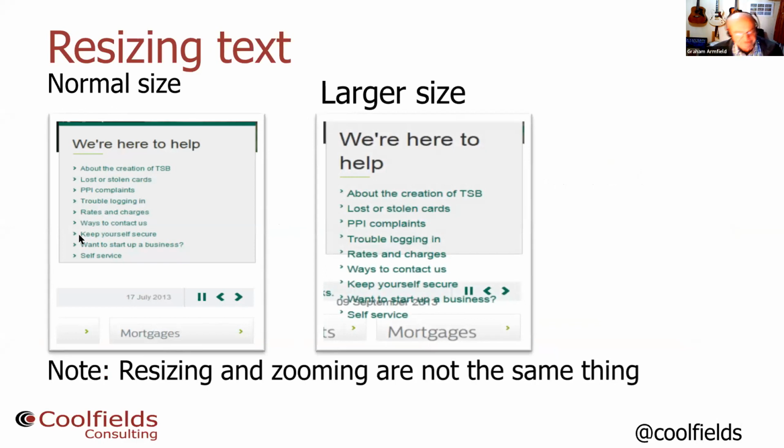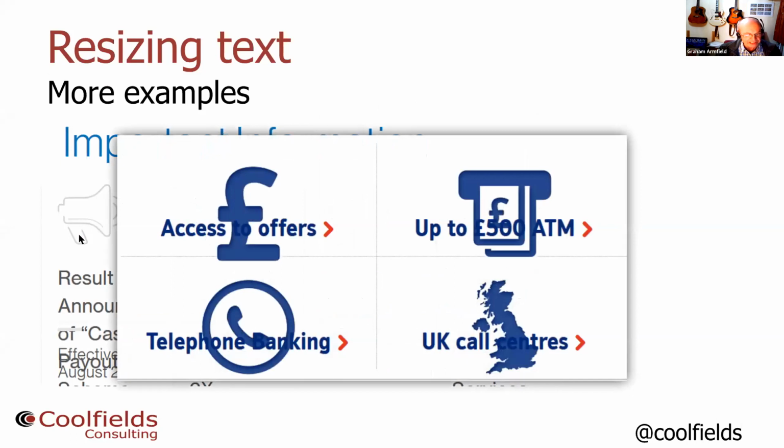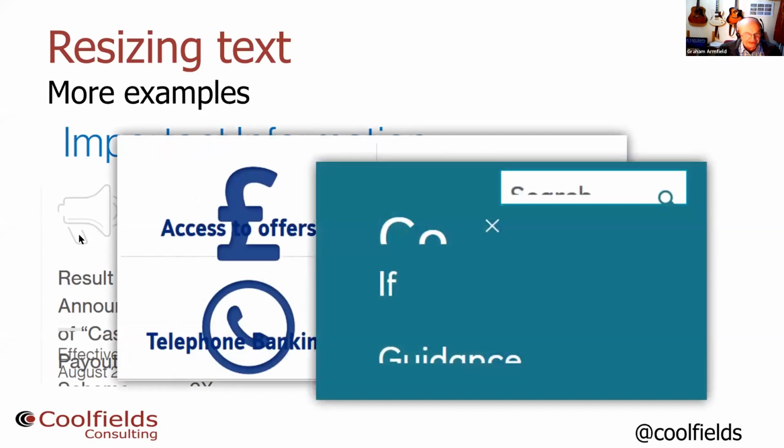It's important to realize that zooming and text resizing are not the same thing in browsers. Zooming is the default option, but people do use text resizing if they've got poor vision to make things bigger. And you know, people do that. So it's important that you test your site to make sure that it can cope with it. This didn't. And it's quite easy to find other examples across the internet where resizing breaks sites badly. Hopefully it doesn't break your site.